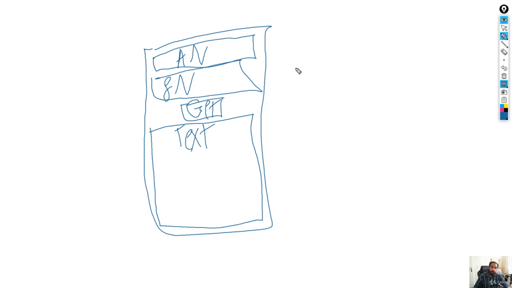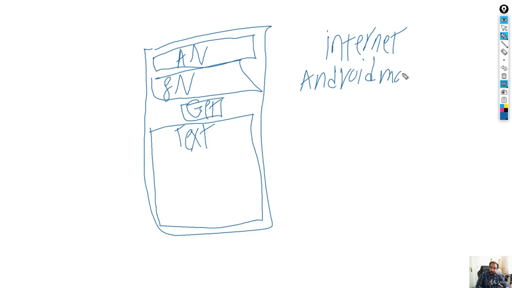Our application is going to connect to the internet. So that's why we need to have a reliable internet connection for this application. So internet is required. And then we need to ask the user the permission to connect to the internet in the Android manifest file, okay? Android manifest file, we need to put the permission for internet,